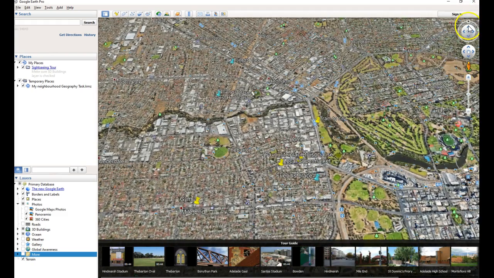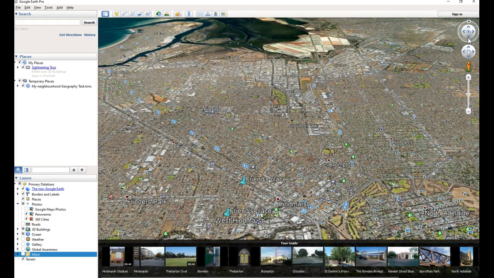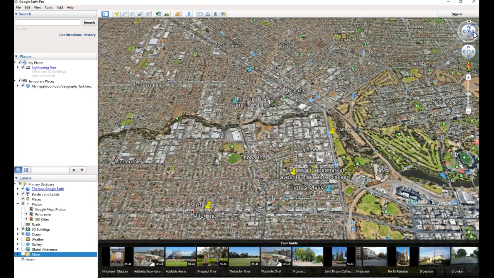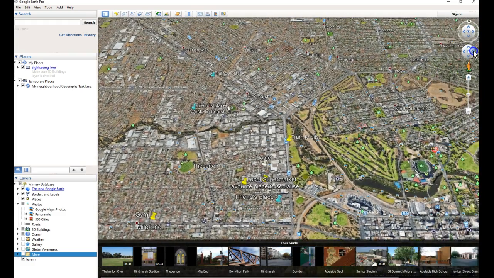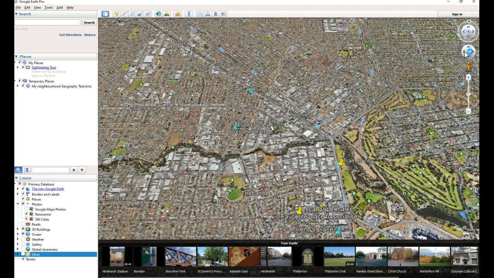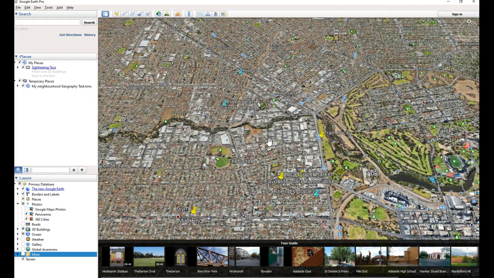We can also track where we're going by using the look icon, which will allow us to actually see where we're going. Or we can use the directional arrows in the middle there to navigate in whichever direction we wish to go. For the purposes of the task that you are going to be doing, you're going to be needing to